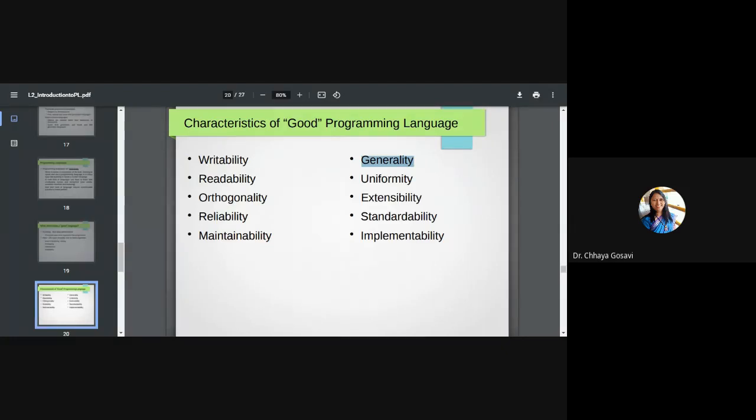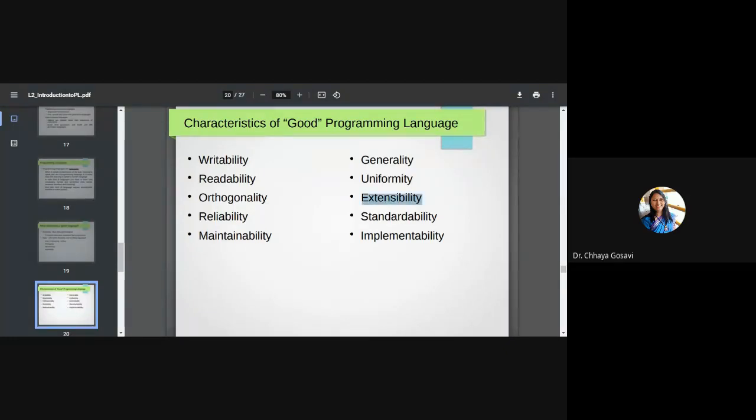But make your software generalized, or the language should be able to execute in a general environment without needing extra specific hardware and software specifications. Uniformity, it should be uniform, the structure should be uniform. Once you understand the syntax of a language, you should be able to create a program in that language uniformly.